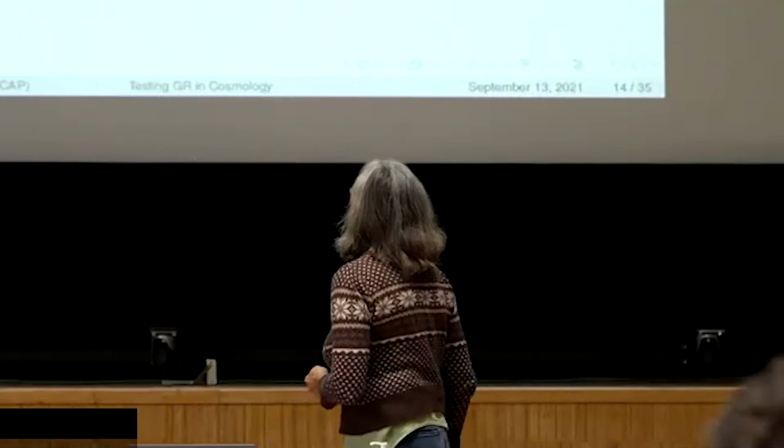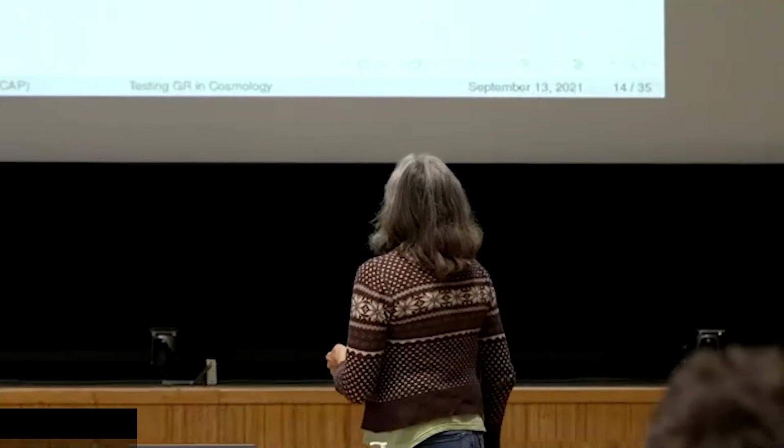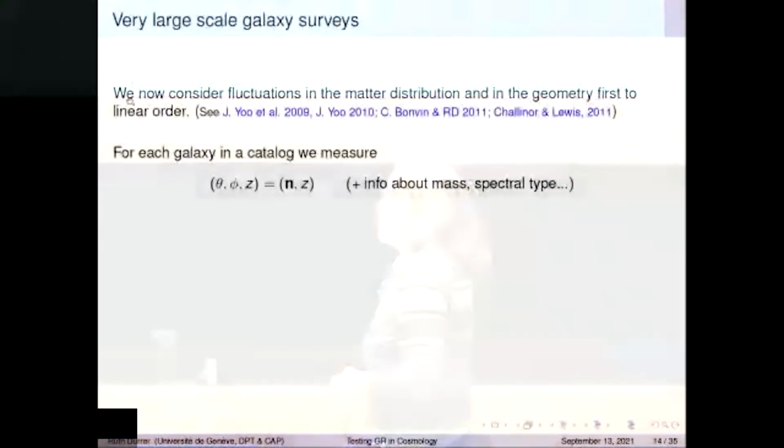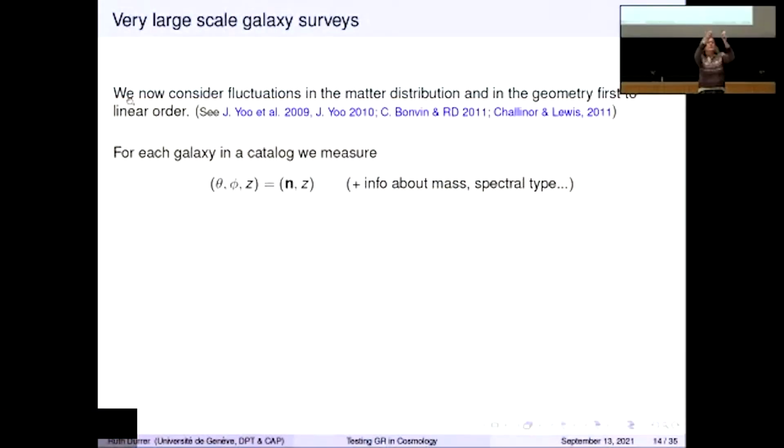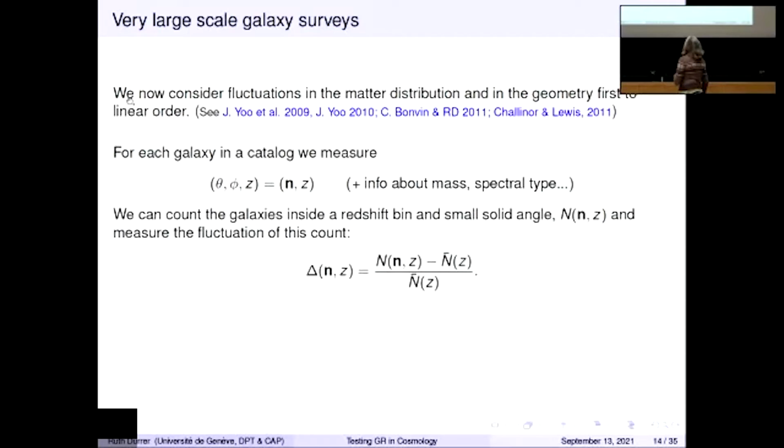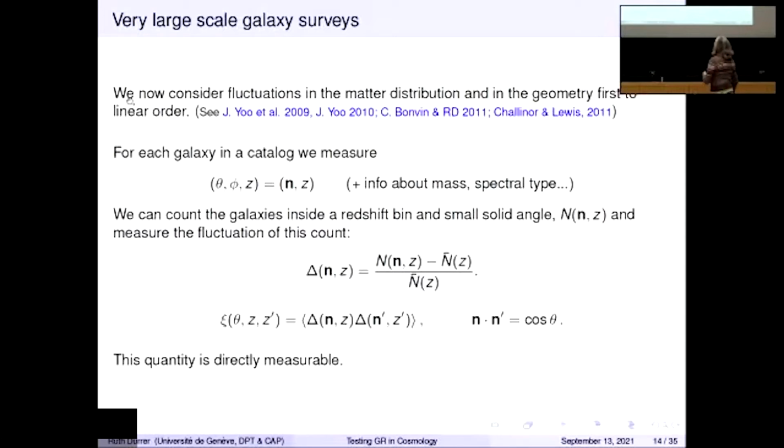If you take all these into account, you can still, for a catalog of galaxies where you have measured positions of galaxies, what you have really measured, namely angles and redshifts, form this fluctuation here: the number of galaxies inside some angular redshift bin, minus the mean over this sphere at this redshift, divided by this mean. That's this fluctuation. This is something which you can truly measure. You can truly measure its correlation function, and you can also calculate it.